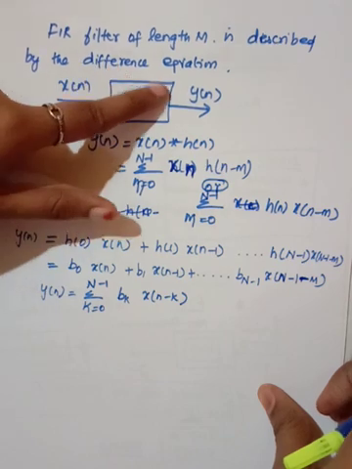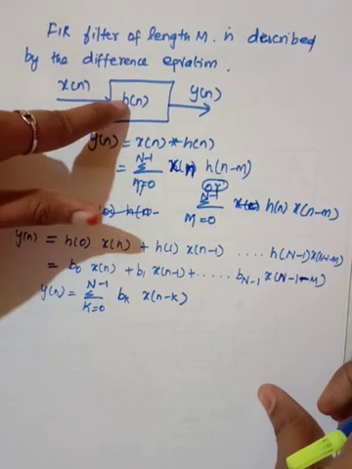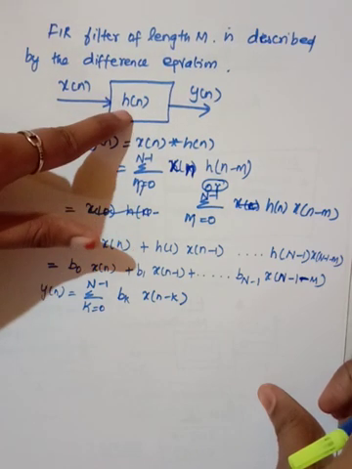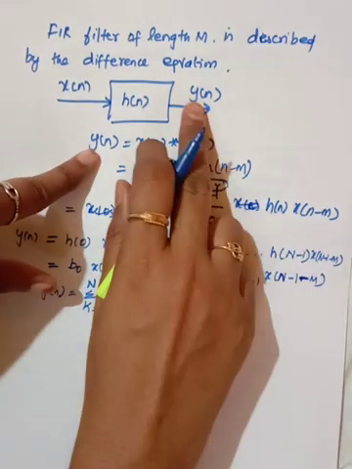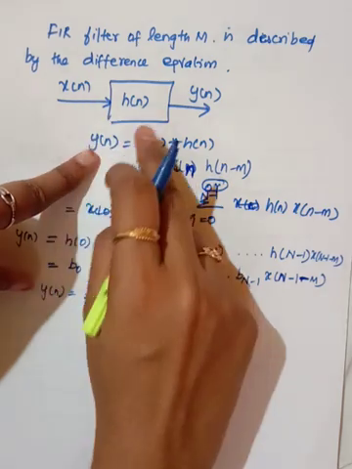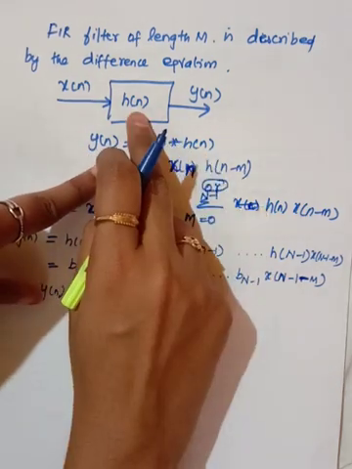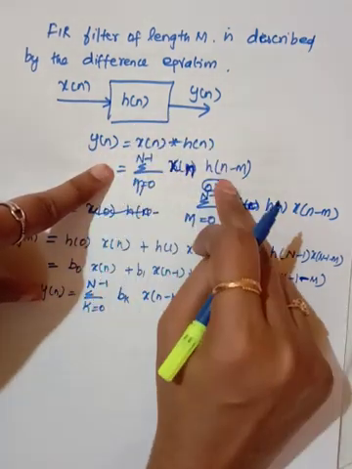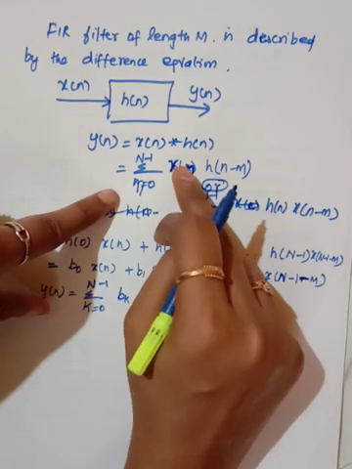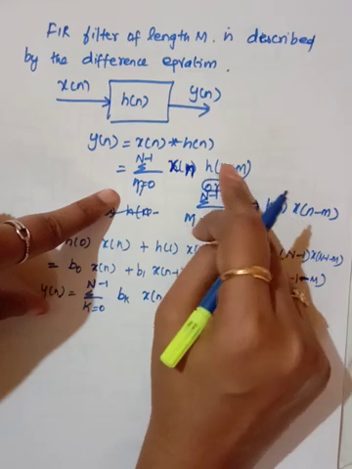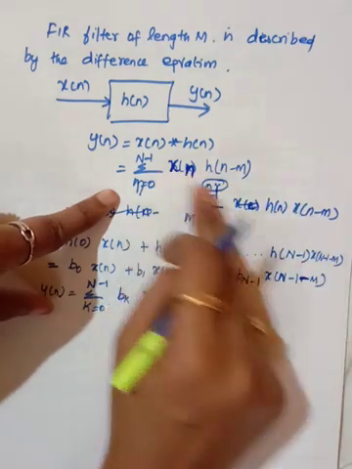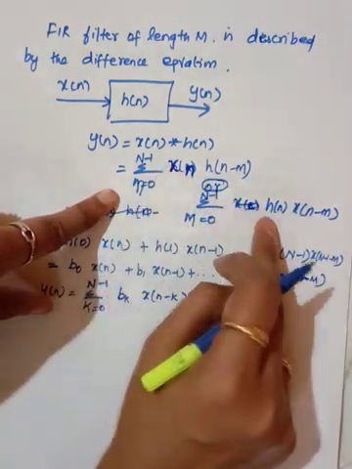Now consider this is the system. It is going to perform a filtering. You have an input signal. You know that the output will be obtained by the convolution of the input and the impulse response of the system. You know this convolution formula. Either you can keep one signal and perform a reversal and shifting for the other signal. Either you can choose these two formulas.